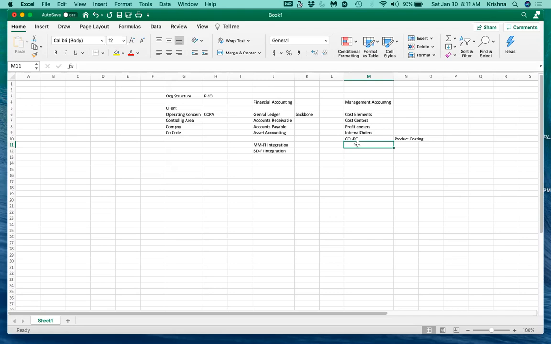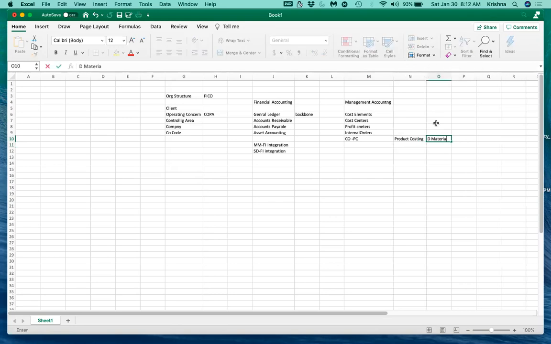And overheads we normally do within controlling. So here I can divide this into three: material, labor, and overheads. These are the three typical components which will come under product costing. And the last one is COPA, which is